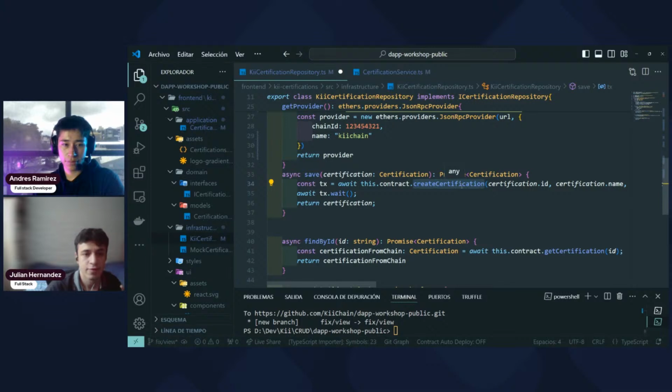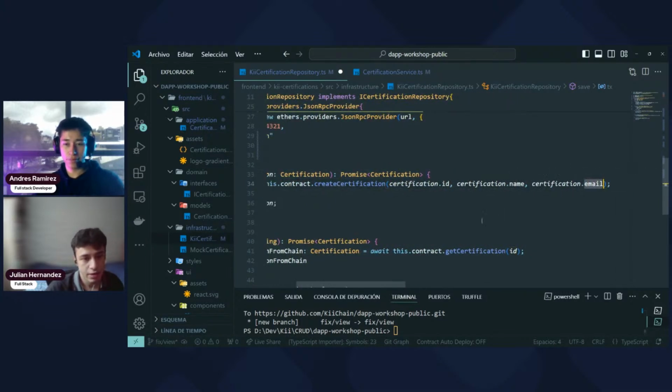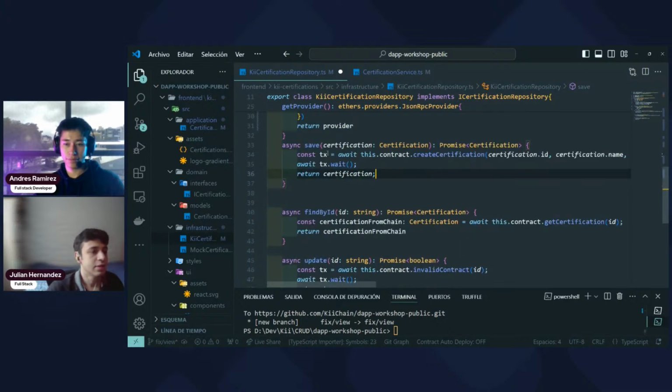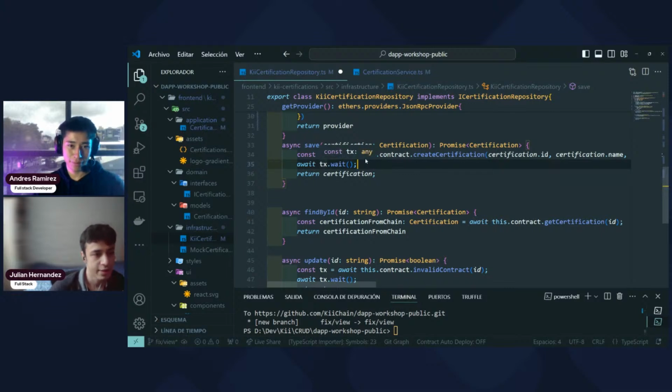So it is the same function. It takes the ID, the name, and the email to create it. Then this is a transaction that will be made to upload this to the blockchain. We are going to wait. Sorry, Solidity, my bad. And while we wait for the transaction to be verified,